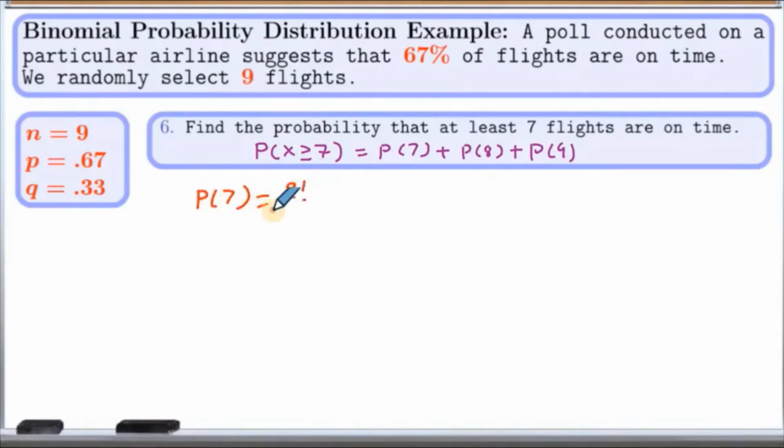So 9 factorial over 9 minus 7 factorial times 7 factorial, times 0.67 to the power 7 and 0.33 to the power 9 minus 7. When we put this in a calculator, we get